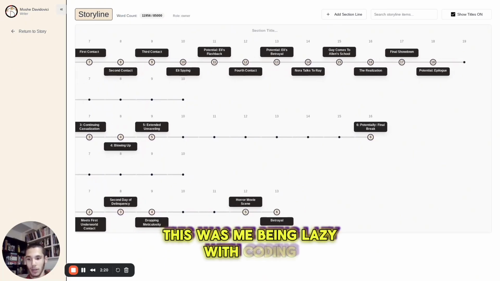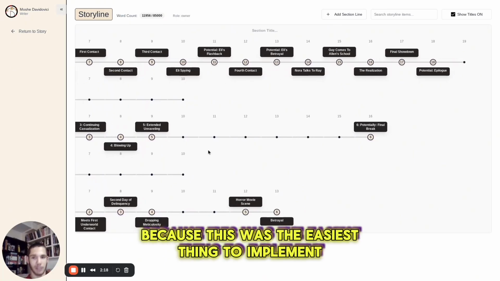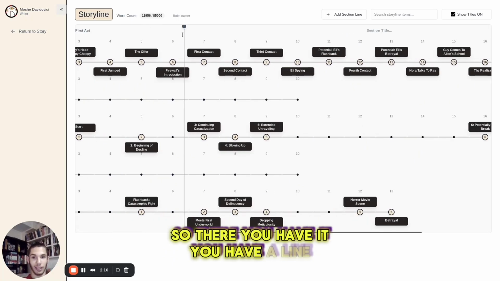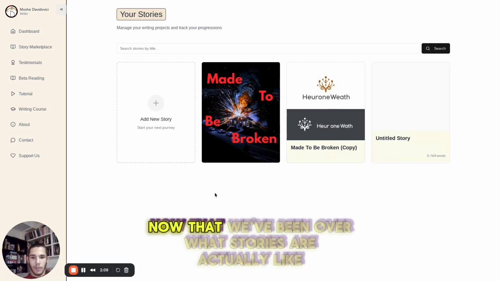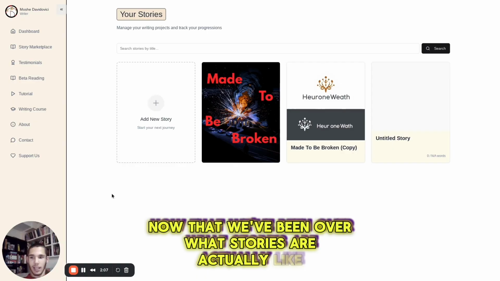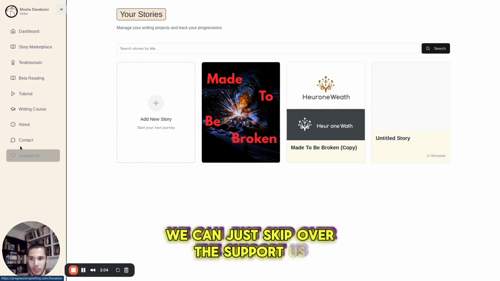This was me being lazy with coding because this was the easiest thing to implement. So there you have it. You have a line instead of templates like other tools have. You're welcome. Now that we've been over what stories are actually like, we can just skip over the Support Us,